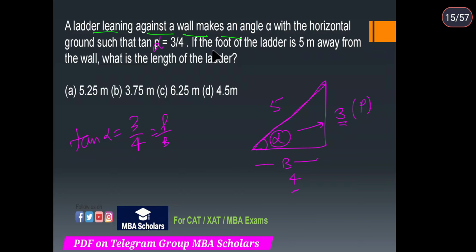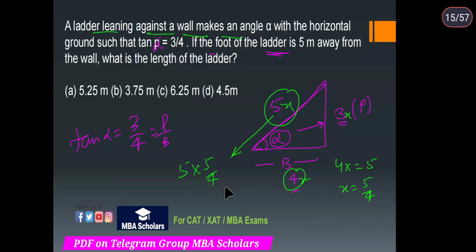नाउ इट इज सेइंग दैट इफ द फुट ऑफ द लैडर इज 5 मीटर अवे, तो यू वांट टू से कि जो 4 है इसकी जो वैल्यू है, अगर मैं इसको 3x, 4x और 5x मान लेता हूँ, तो 4x की वैल्यू 5 दे रखी है, तो x का वैल्यू 5/4 आ जाएगा। तो आपसे बोलता है लैडर की लेंथ निकालनी है, तो 5 इंटू 5/4, सो 25/4 विच इज़ नथिंग बट 6.25। तो C ऑप्शन करेक्ट है, ठीक है। आगे बढ़ते हैं।